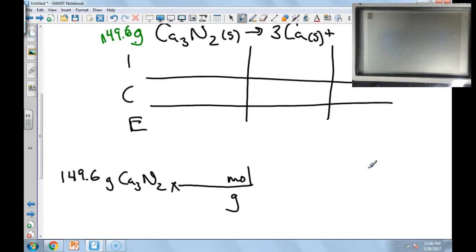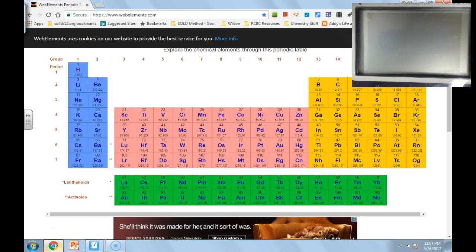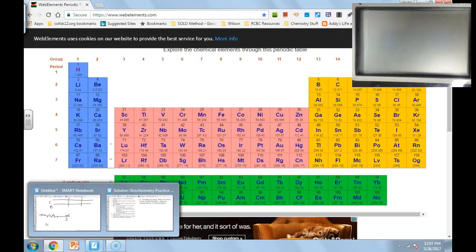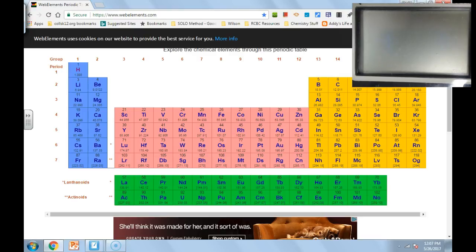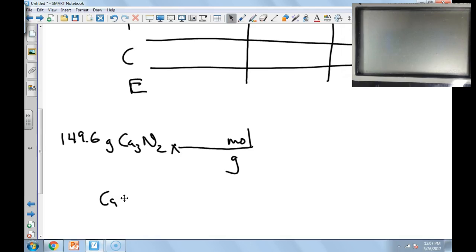So we need to actually calculate the molar mass before we go too much further here. And calcium, I'm going to look on the periodic table, and calcium is 40.08, and then nitrogen is 14.007. Now, when I do this, I'm going to just kind of abbreviate 3 times 40, and nitrogen is 2 times 14,